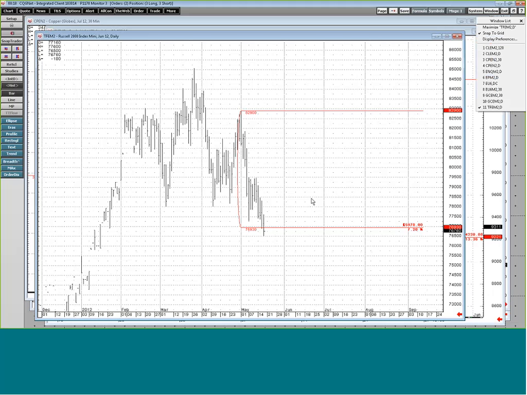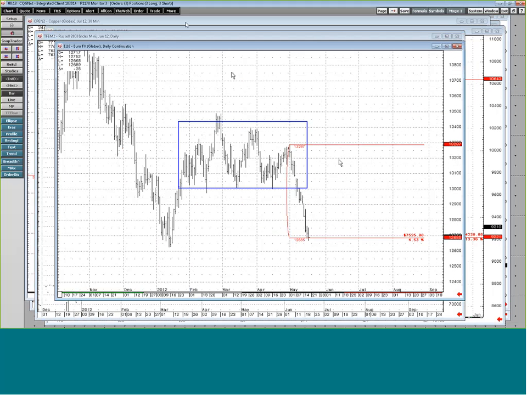And then if we go to, say, the euro, this is from May 1st down to here. Now, all of these moves, anybody can put a line here and a line here and say, see how much money you made. All of these examples that I show you are trades that we were discussing in real time before they occurred. Did all of my clients take these trades? Absolutely not. Did some of my clients take all of these trades? Yes. Or did some of my clients take one or more of these trades? Yes, they did.